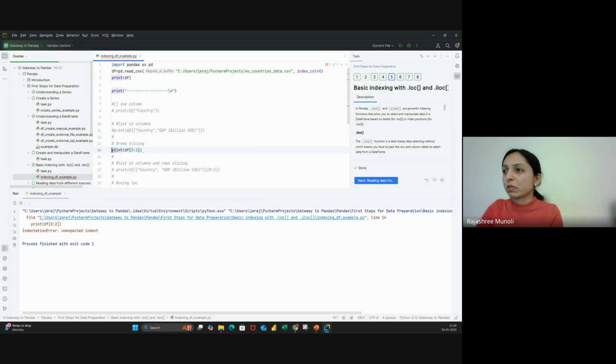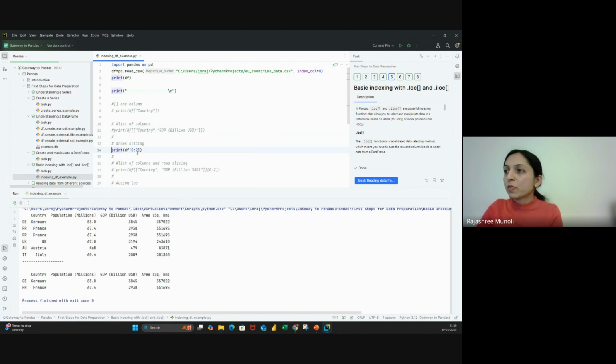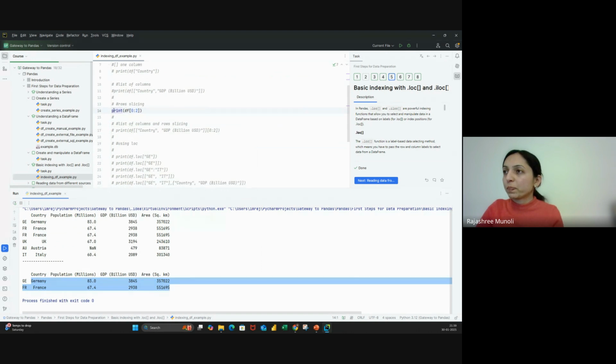Unexpected indent. Okay. All right. So 0 to 2, it returns the first two rows. Okay. And then